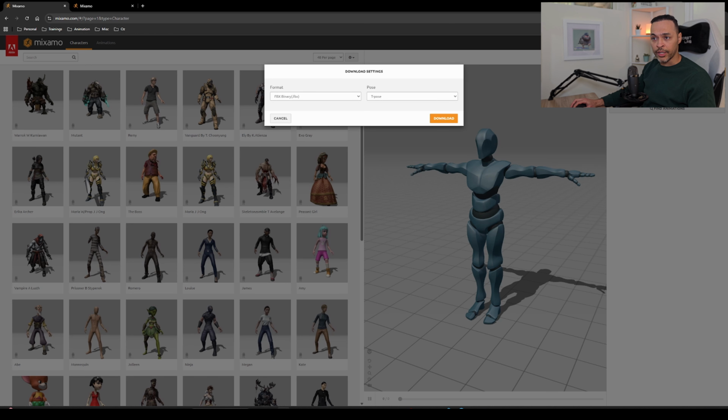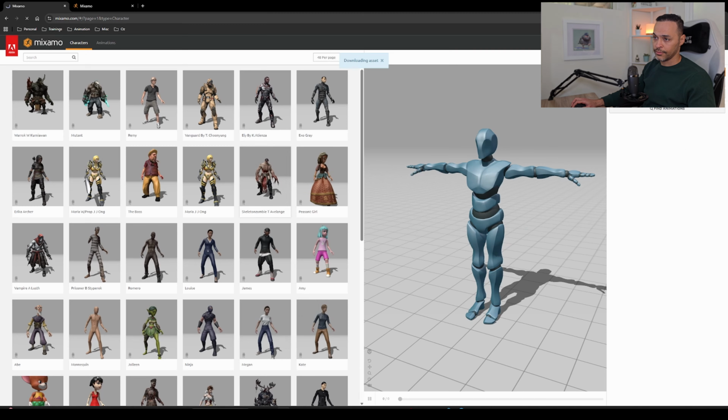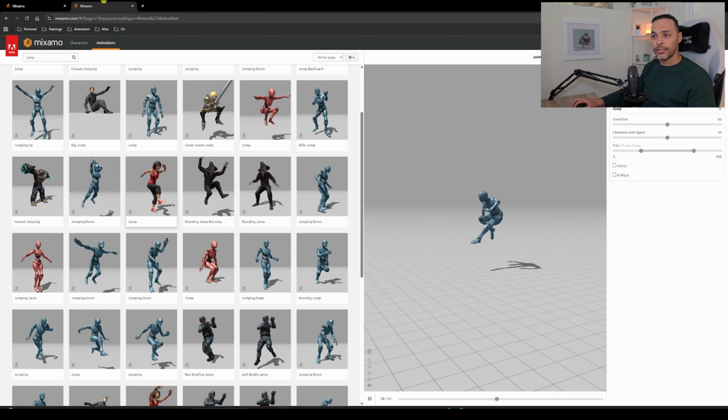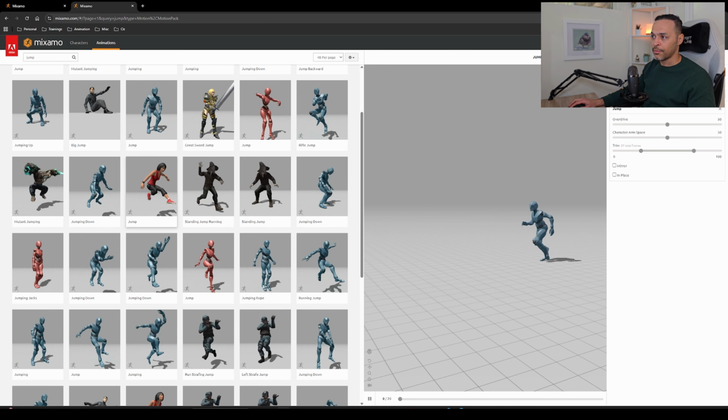Format, you want to keep it FBX, and then pose, T-pose. Just clicking download. There we go. So now I downloaded the character, and then let's just, for the sake of this example, grab